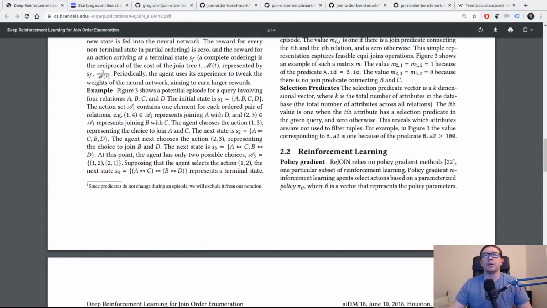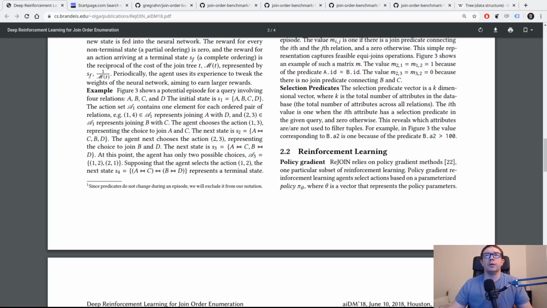Let's scroll back up. So it says right here, the action set A1 contains one element for each ordered pair of relations, e.g. a tuple 1, 4, subset of A1 represent joining A with D. So A is represented by 1, D is represented by 4. So the action 1, 4 represents the join, the intersection of A and D, and 2, 3 represents joining B